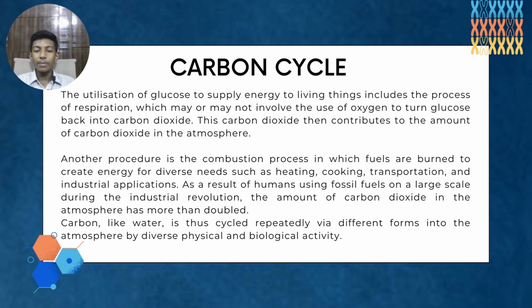Carbon dioxide in the atmosphere is taken up by green plants and other photosynthetic organisms and is converted into organic molecules that can travel through the food chain. Carbon atoms are then released as carbon dioxide when the organisms respire. The formation of fossil fuels and sedimentary rocks contributes to the carbon cycle for very long periods. The carbon cycle is associated with the availability of other compounds as well.